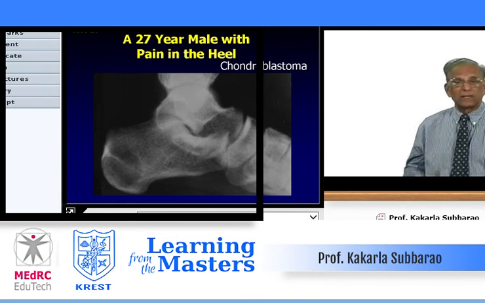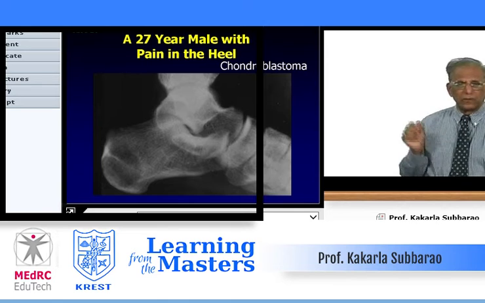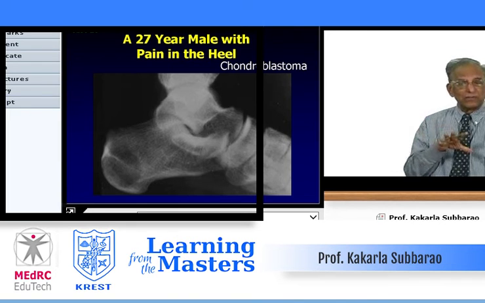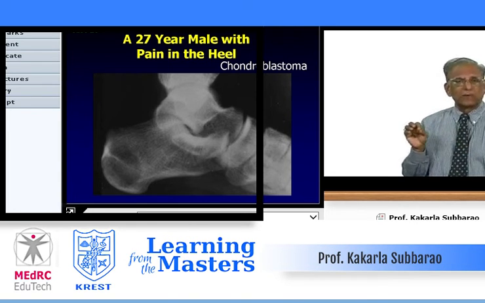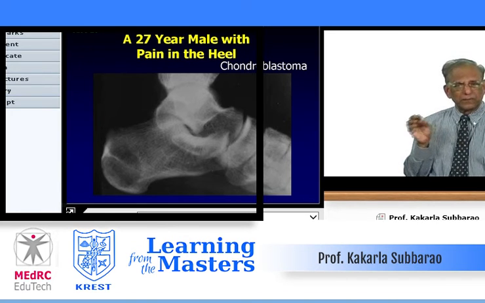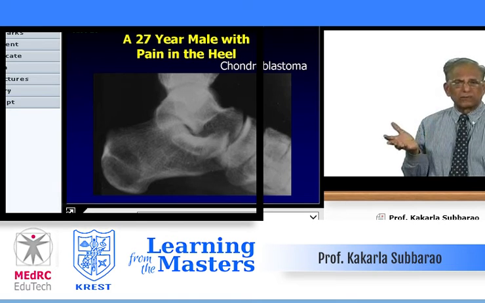Case number 20, it's rather difficult, I told you. What is the lesion? Young adult, pain in the heel area. You find a lytic lesion, and again it's benign. It is in the apophyseal region, extending to the body of the calcaneum. No calcifications, but still you have to think of a benign tumor. What kind of benign tumors? It's not so osteoblastic to think of osteoblastoma. It's a chondroblastoma. It's a typical appearance of a chondroblastoma.